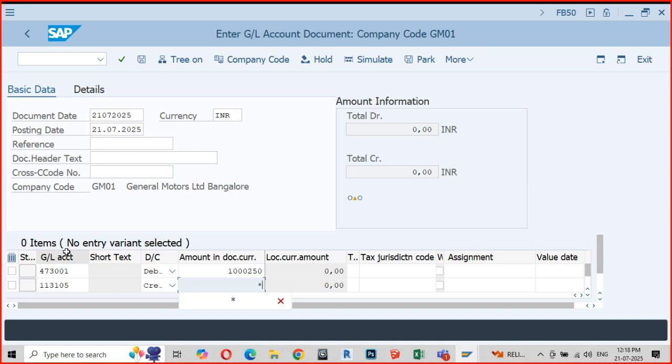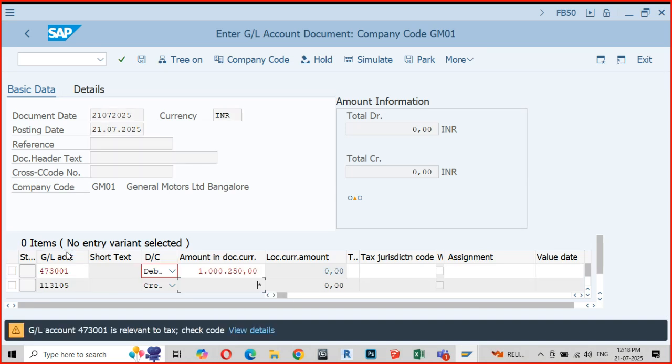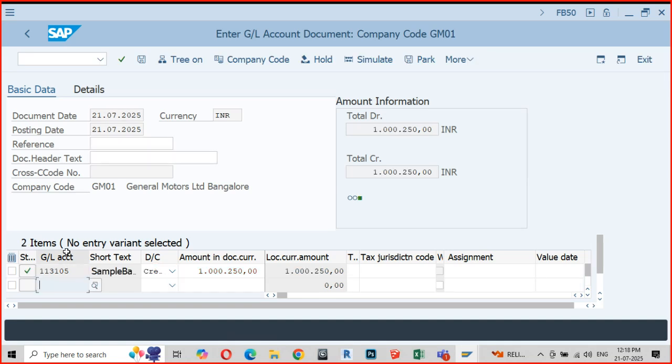Clear? Enter. So SAP is happy. It is accepting 10 lakh 250 rupees. But my management wants to restrict my voucher to a value of only less than 10 lakhs. How does the system ensure that this is going to happen? This is a very nice question from the student who has asked me this. Okay, let me go to the consulting screen.